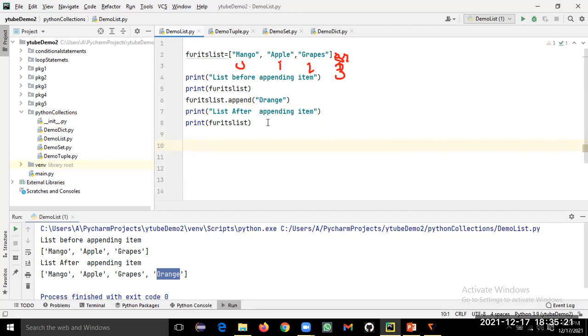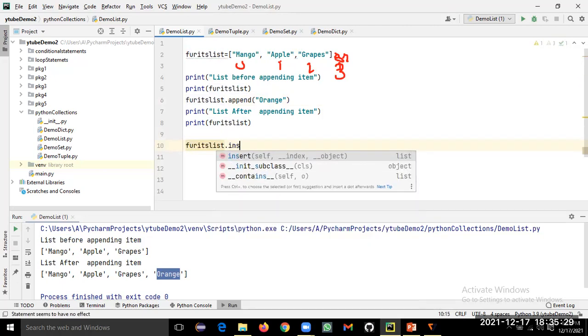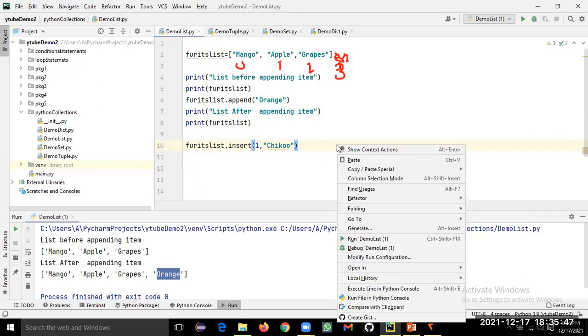So fruit list, we'll use one more function from this class, dot insert. Here we have to pass 2 parameters. One is the index. Let's say I want to add at the first index, and I want to add this fruit, chiku. Let me run it again.